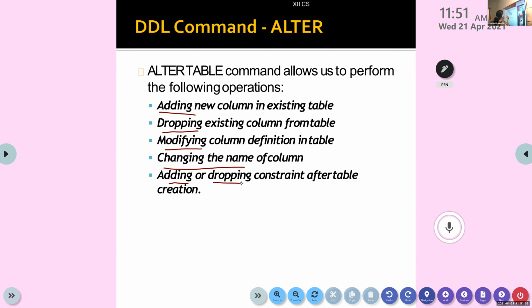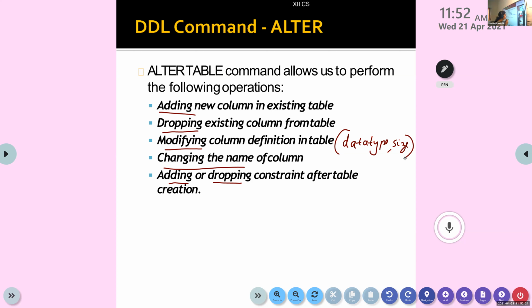So what's the meaning of modifying a column? You can change the data type or the size of the data type without changing the column name. See, by mistake, you created the second column name as student name varchar(5). Later you realize that 5 is not enough.